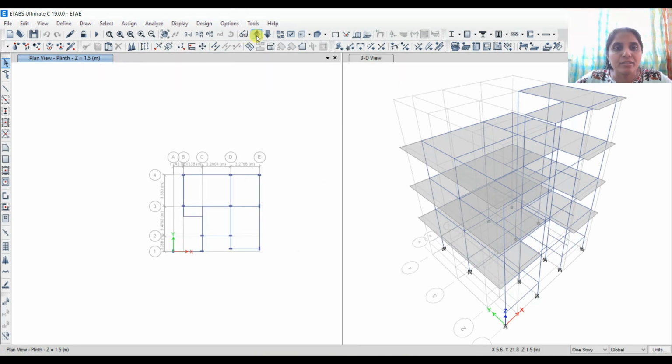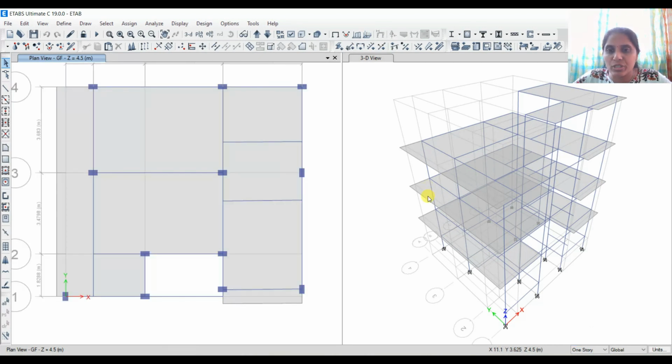Next let's go to ground floor. We have to be careful to keep applying load on the proper floor. Here we have to select similar story. These two stories are similar to ground floor, but the only difference is the loading, because ground floor and first floor will have the same load, but on the terrace floor there will not be any wall load. Main wall load will not come on this terrace floor.